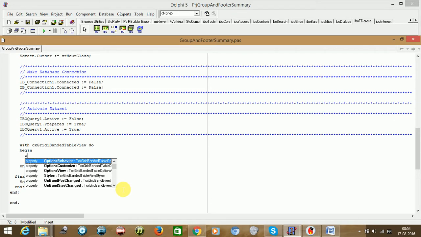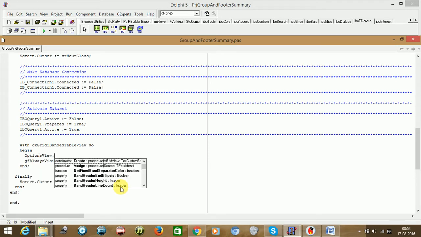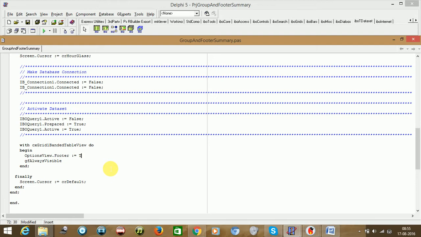So I would be saying OptionsView dot Footer. The property is a boolean, so you can say true. Again OptionsView. What it means is that cxGridBandedTableView, this is a view name, dot, like this.